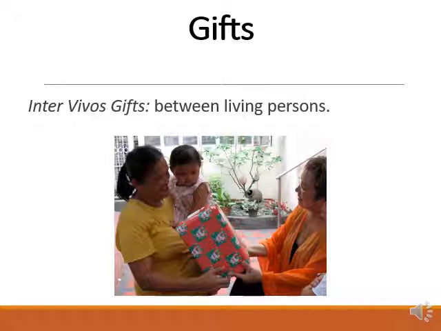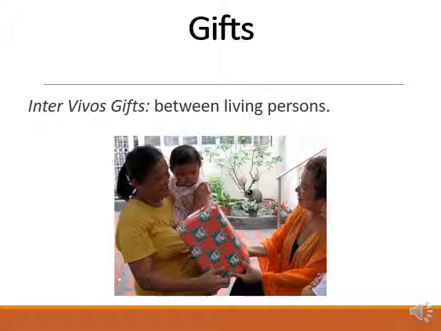One type of gift is called an inter vivos gift, and that's a gift between living persons. In order to have an inter vivos gift, you have to have donative intent, which means that the donor has intended to make a gift, and the gift has to be delivered. Now, these don't have to come in any specific order, as you'll actually see when we talk about the material a little bit more.